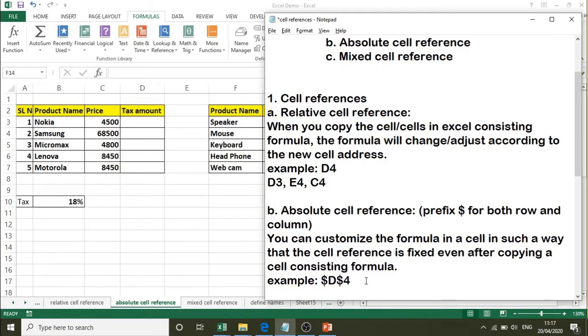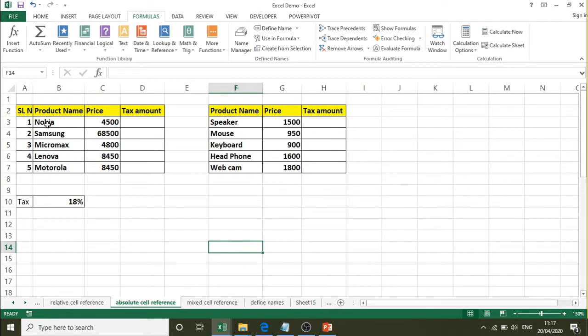We will now see how to work with absolute cell reference. So, here is an example, wherein we have a table with product name, price and tax amount. The tax amount is present in cell B10. So, we will see how we can work with this. Equals, this is the price amount, that is C3. How to calculate the tax amount, you see, into